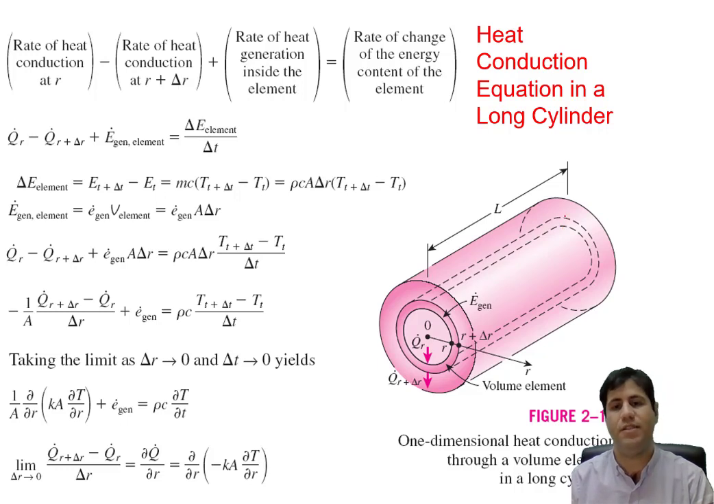Imagine we have a long cylinder like this. Its length is L, for example, or actually infinitely long. But we select elements like what you can see here. Of that, the element which you can see here, again similar to what we have done